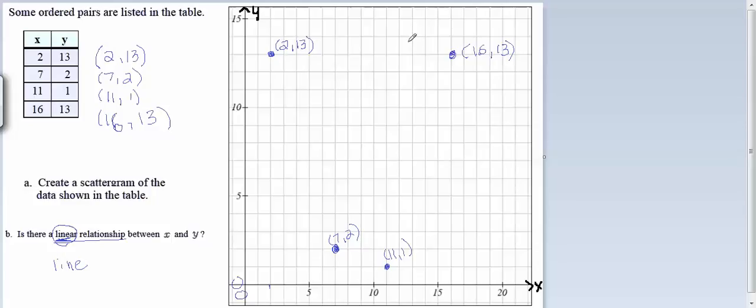So in this situation, the general trend we're seeing in our data appears to be more of a curve. It would be difficult to draw a single straight line that would come close to all these data points. If I drew something like this, for example, a straight line like that, it's in between all the data points, but it's not very close to many of them. This point up here is very far away above it. These points down here are very far below it. A better line that would capture the trend in the data points would be kind of a curve like this. So because a curve, or what we call